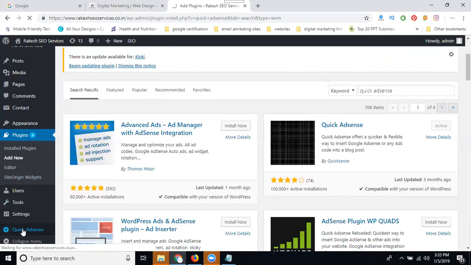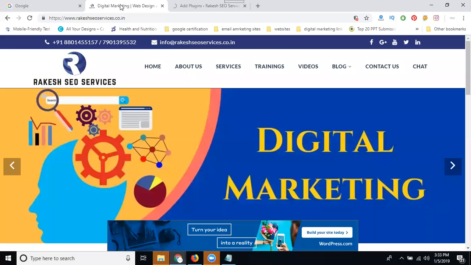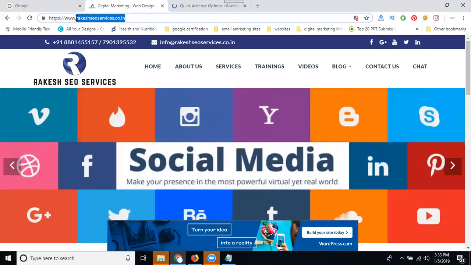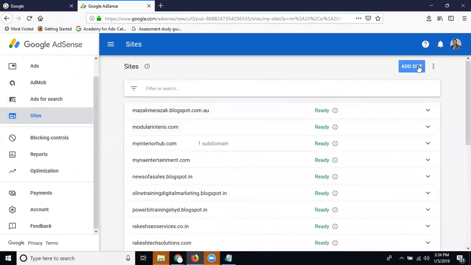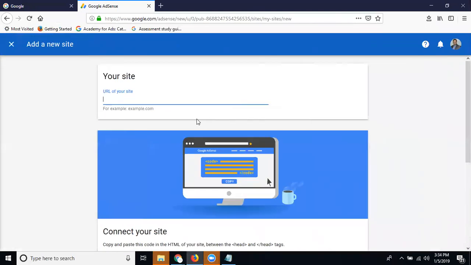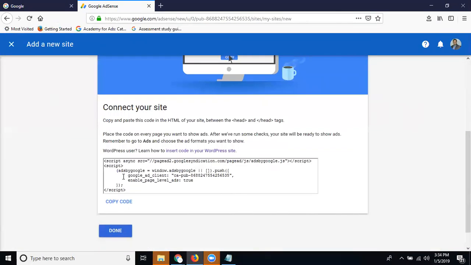So first, to place ads from your Google AdSense on your WordPress site, I'm adding this website to Google AdSense. Just copy it, go to Google AdSense, and the option is called Sites. Click Add New Site. Select your site and paste this code.